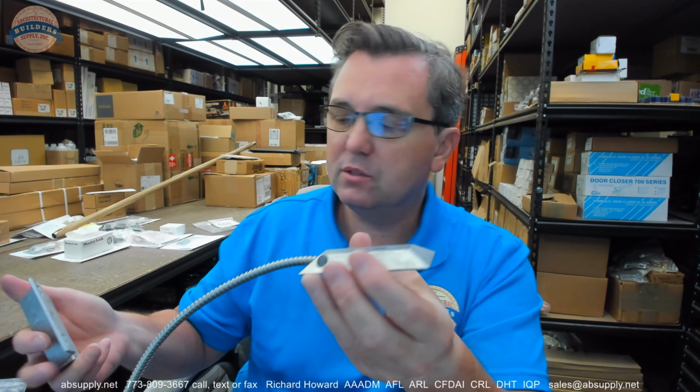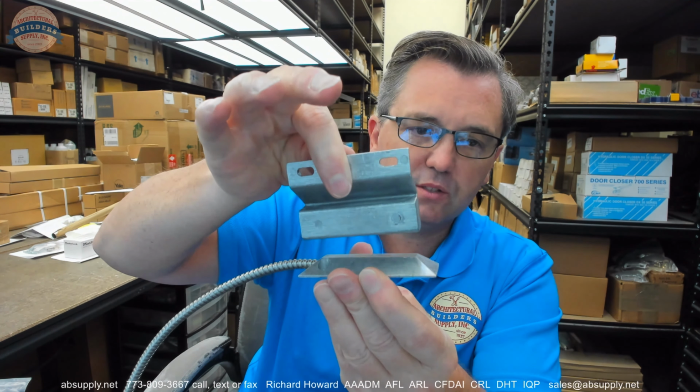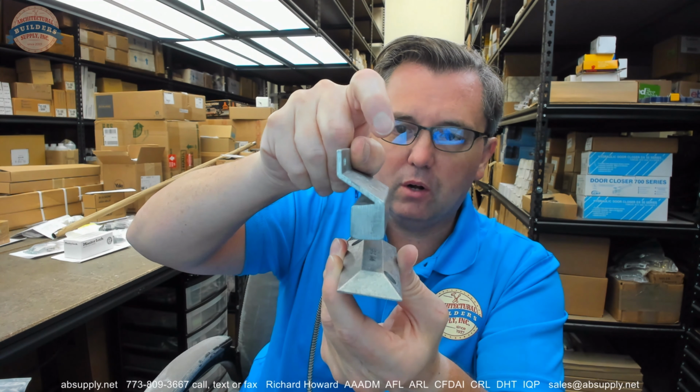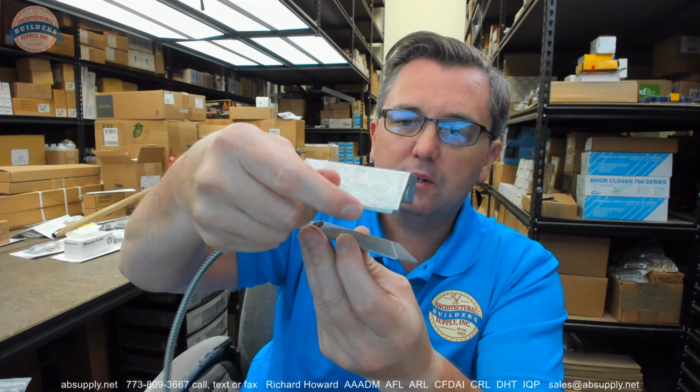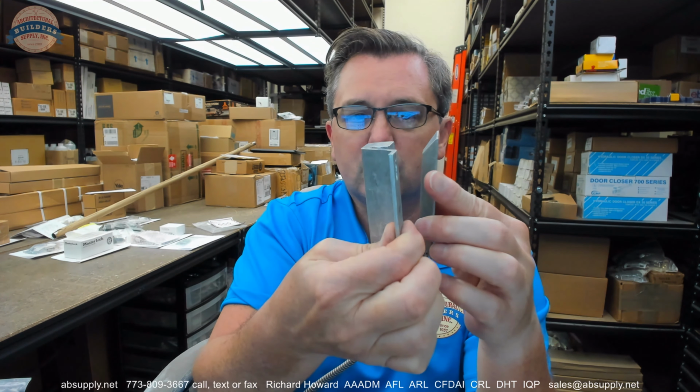This can be mounted in a variety of different applications. I've seen this certainly installed just like this. I've seen it installed in other applications as well. However, whatever you're going to be mounting this to, this would certainly work, irrespective of the orientation. The 4532 is available with an optional L bracket,